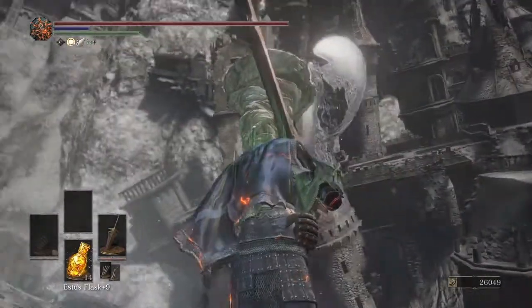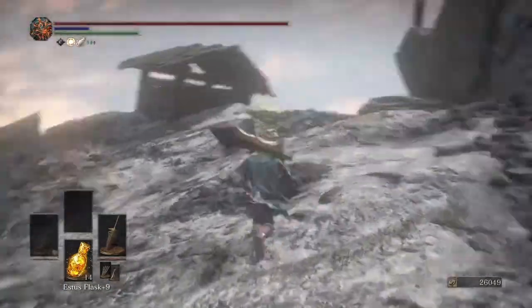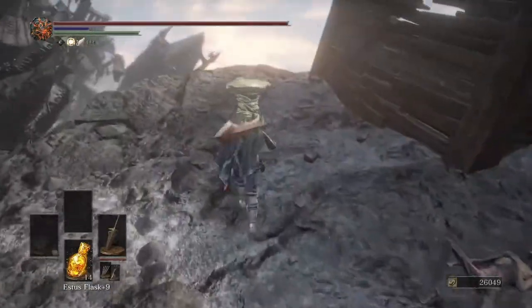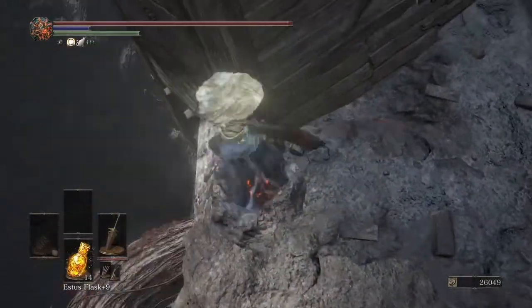Is this the patch they were talking about that made them easier? Do they just give up after they kill you a couple times or what? Alright, well, whatever. Okay. I don't know what to make of this. I don't know if it's glitching on me or what, but so we'll come around to the shed here,